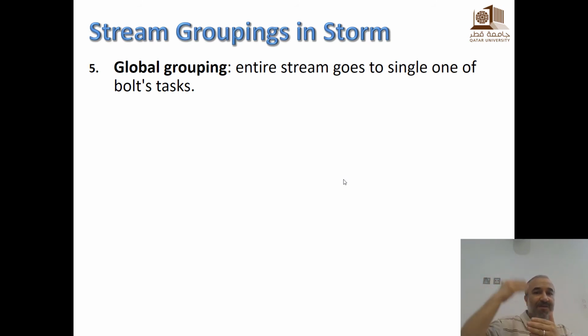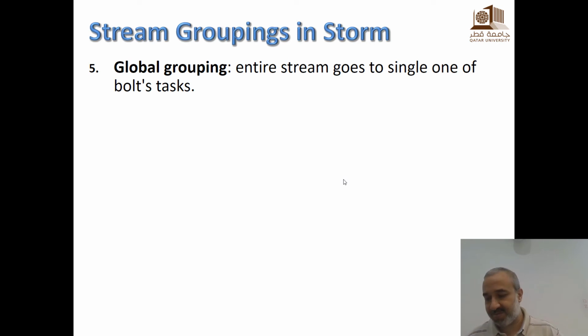But for a specific stream, it will go to the specific task. Why? That depends on the application. But it's still meaningful in case this bolt actually listens to multiple streams.